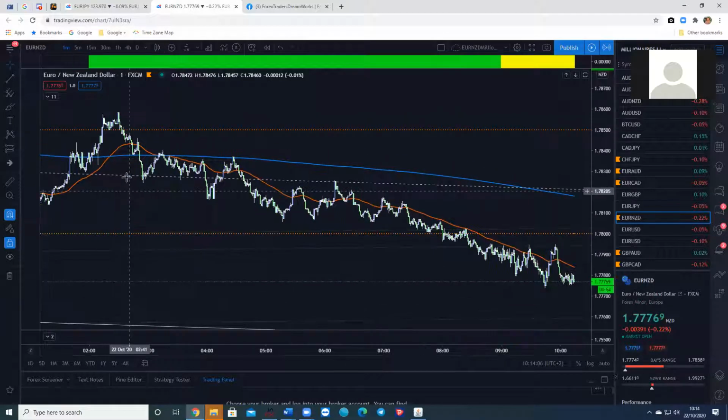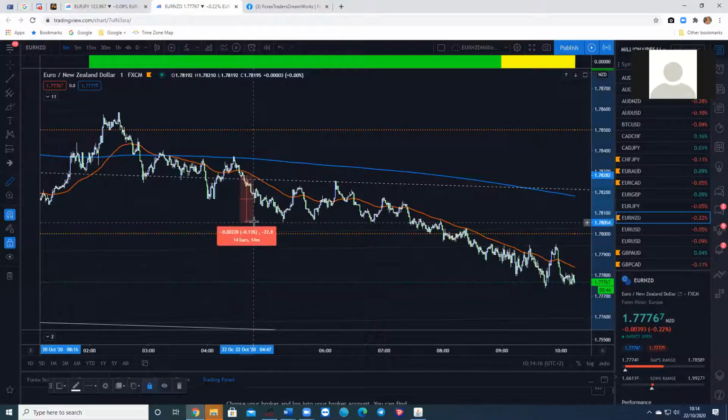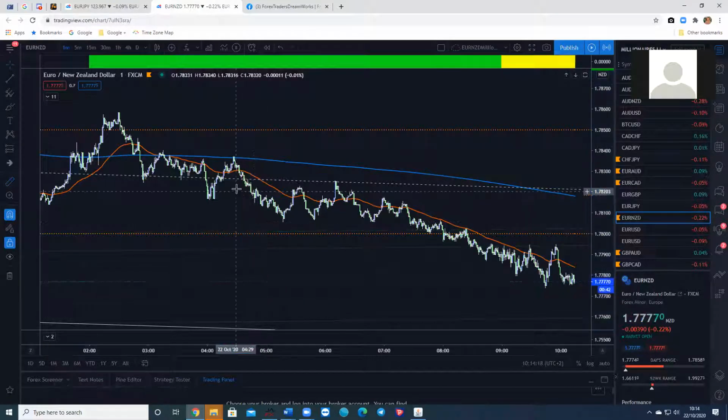Okay, so Euro NZD then started to make its move. And here was an entry. And let's see what's happening today on it. So that did do the 22 pips there. You had a break and a retest there. You can't use the quarter theory, it's right up here, but you can see that downward trend if you drew a downward trend line, and you've got it coming under the 62, little break and a retest there as well.